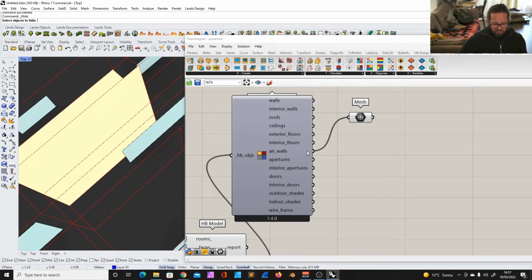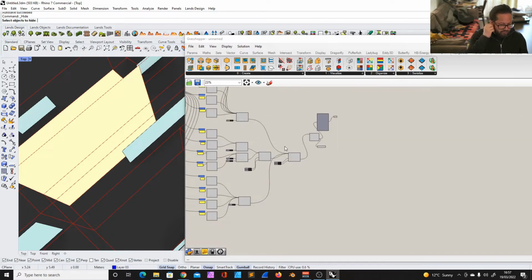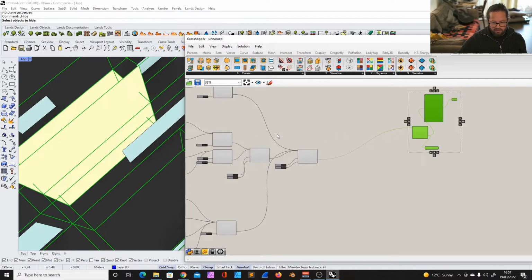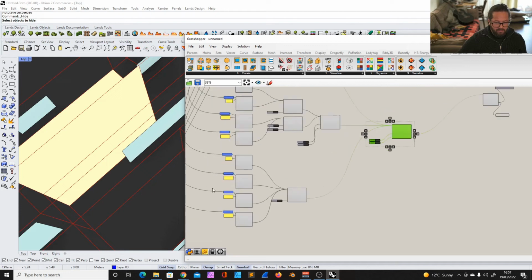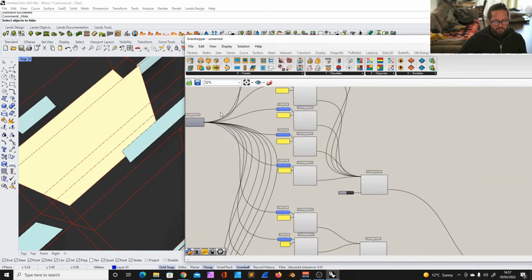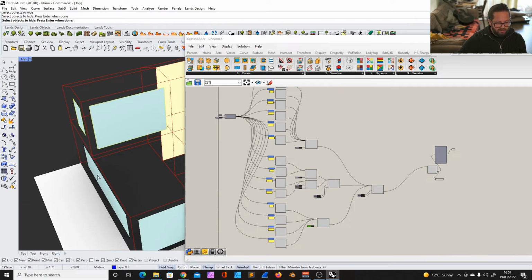And then we haven't added any apertures, and we do that now. And today we only add windows. We only add windows, and then later on we refine everything with shades and so on. And how are we gonna do that? So windows, as I told you, they are these here. So we need,